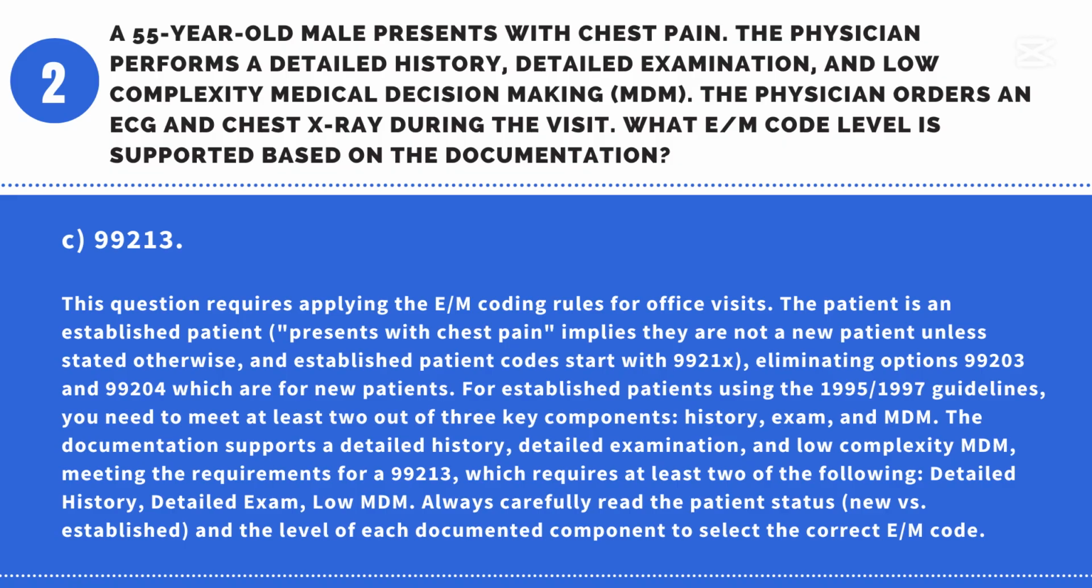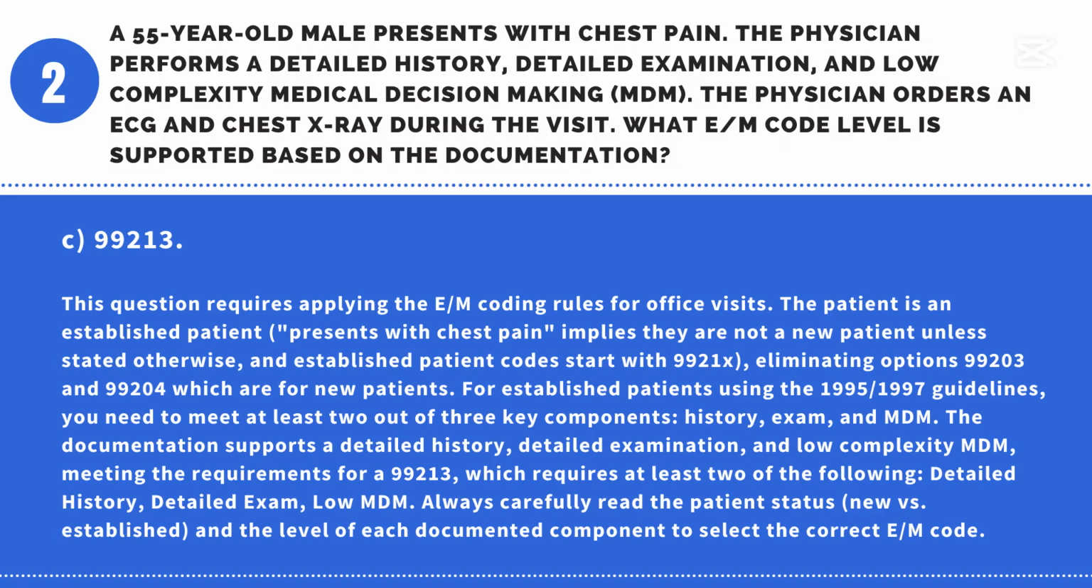For established patients using the 1995/1997 guidelines, you need to meet at least 2 out of 3 key components: history, exam, and MDM. The documentation supports a detailed history, detailed examination, and low-complexity MDM, meeting the requirements for a 99213, which requires at least 2 of the following: detailed history, detailed exam, low MDM. Always carefully read the patient's status, new versus established, and the level of each documented component to select the correct